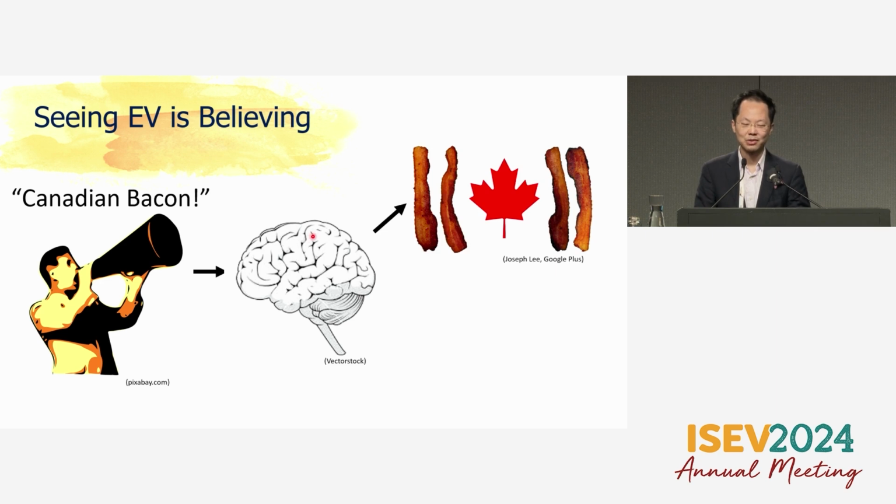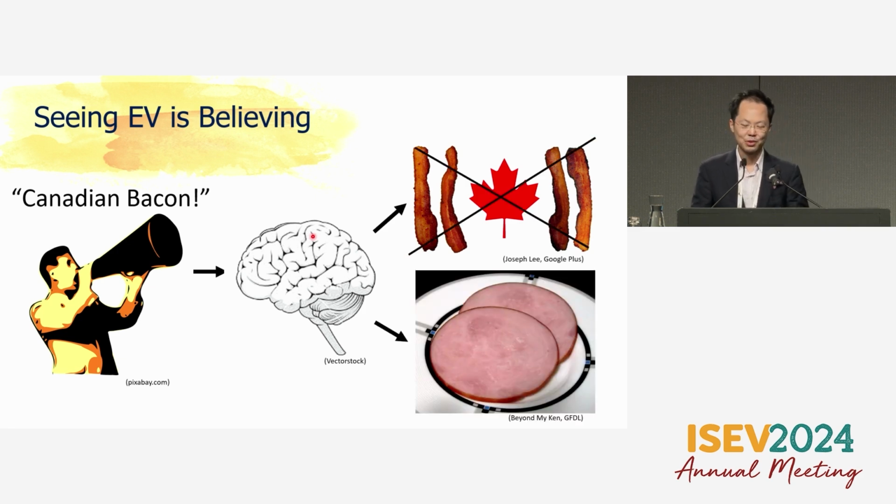Like Canadian bacon usually in people's minds, especially with my American friends, like they usually make fun of me. It's like, Charles, where's your Canadian bacon? So turned out to be a ham. So vesicle imaging is pretty much like this, that a lot of people say seeing is believing. That only happens when it's well planned.